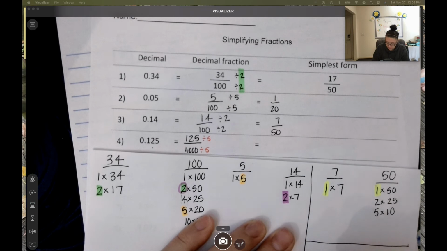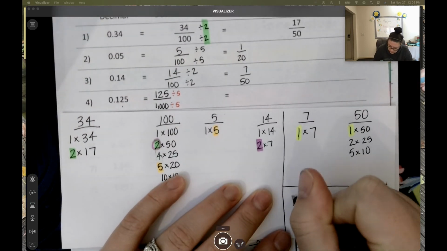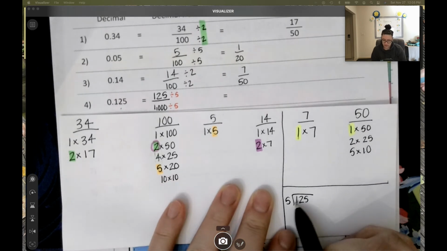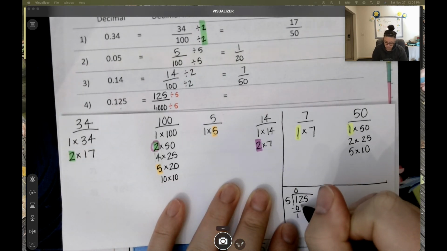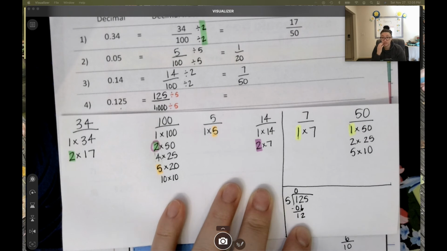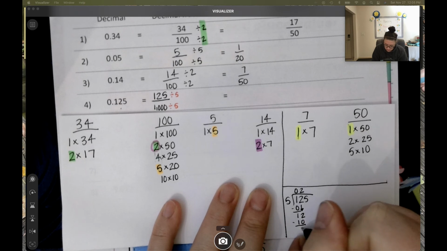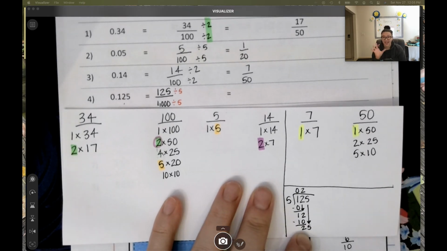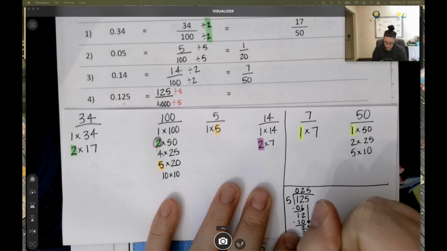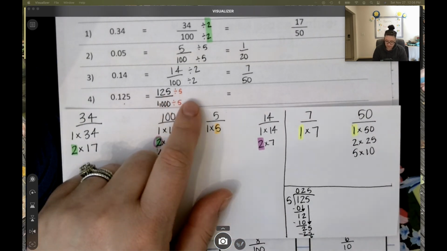Let's come down here and do some division. 125 divided by 5. Does 5 go into 1? No. Does 5 go into 12? Yep. How many times? 2. Does 5 go into 25? 5 times. And it goes in nice, neat, and pretty. So 125 divided by 5 is going to give me